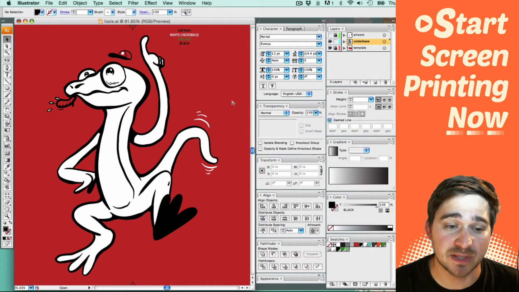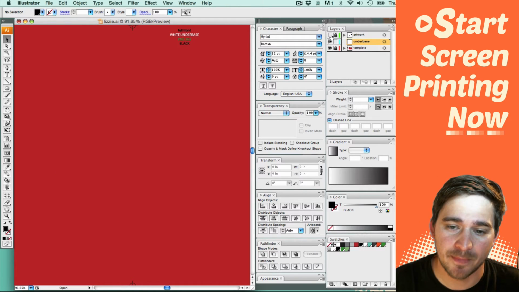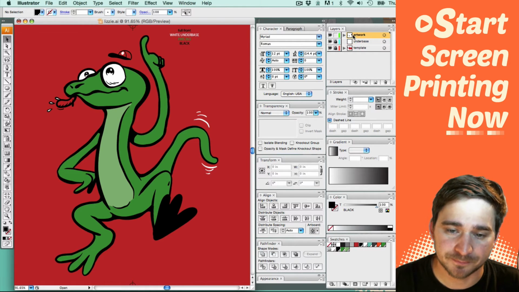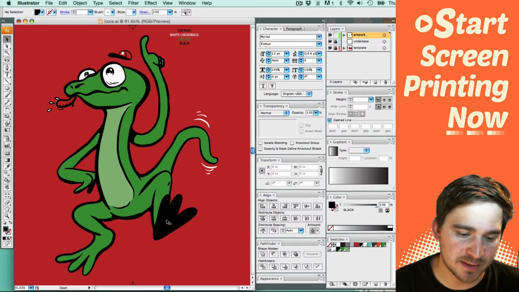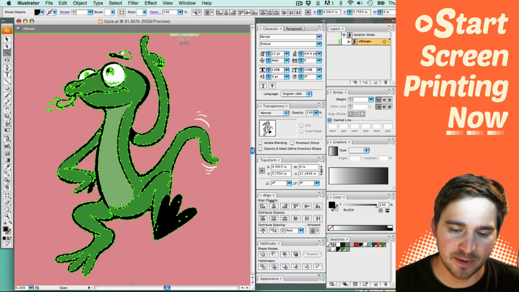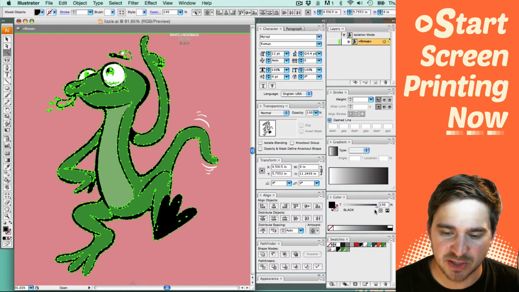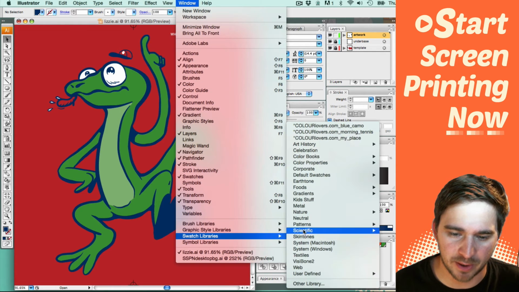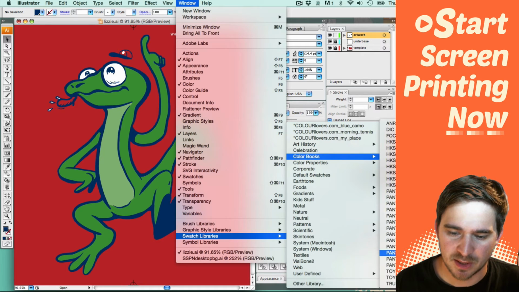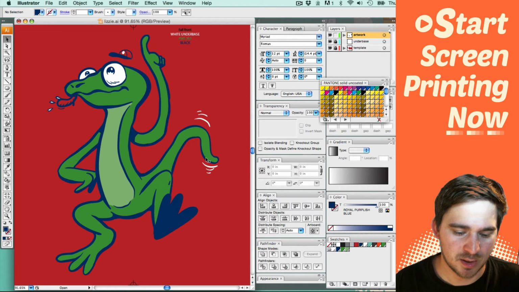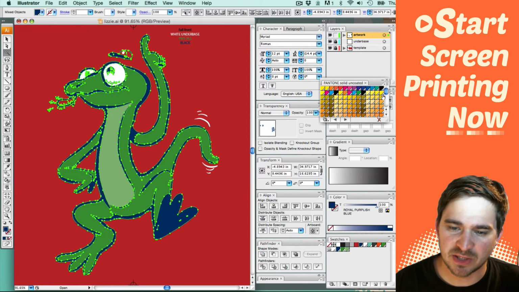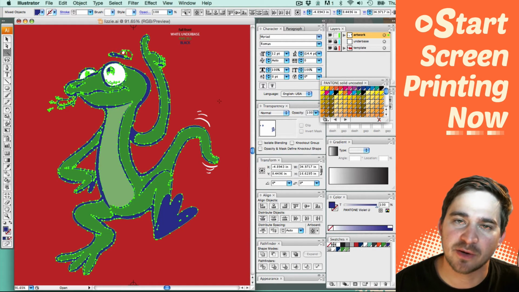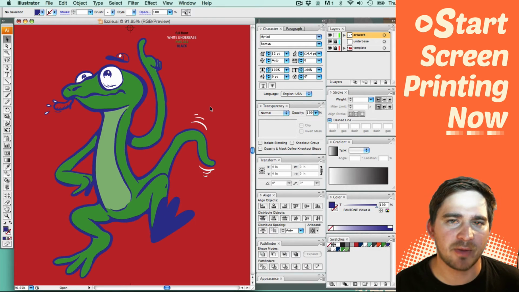Okay, so first off, I'm going to delete this underbase and start over, and I'm going to go back to my artwork. And I'm going to pretend that this artwork had a different color. Instead of black, let's find a Pantone color for it really quick. Go to color books, solid uncoated, and we can just do Pantone Violet. Alright, now that our black outline is a different color, this changes things because now we